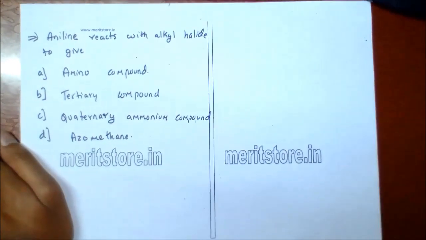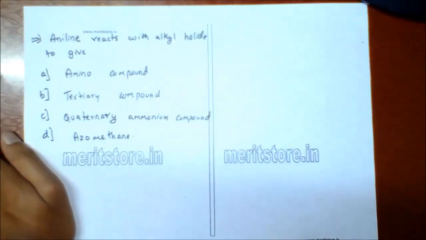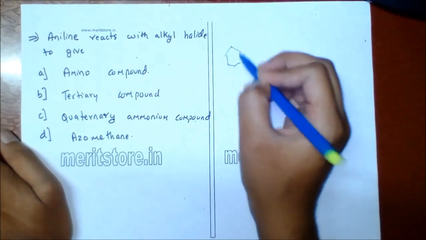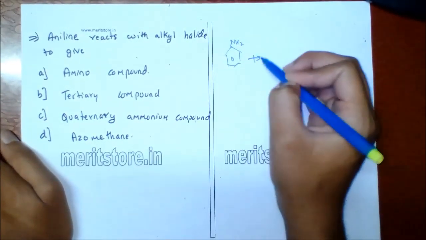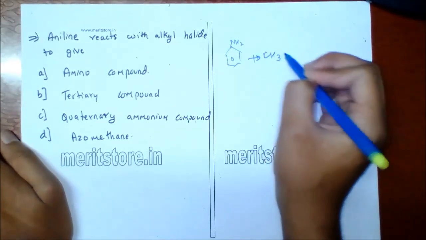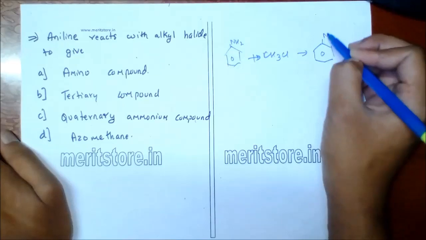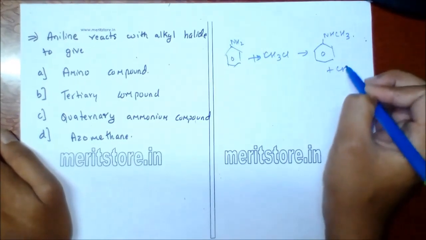Aniline reacts with alkyl halide to give: A. amino compound, B. tertiary compound, C. quaternary ammonium compound, D. azomethane. So when aniline reacts with methyl chloride, it forms NHCH3 attached to benzene plus CH3Cl,